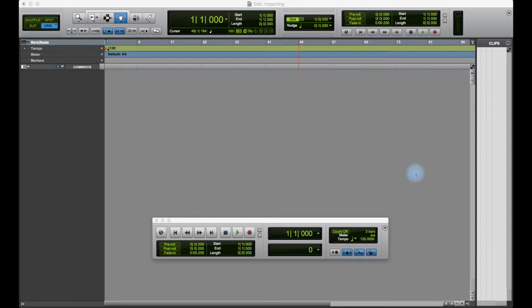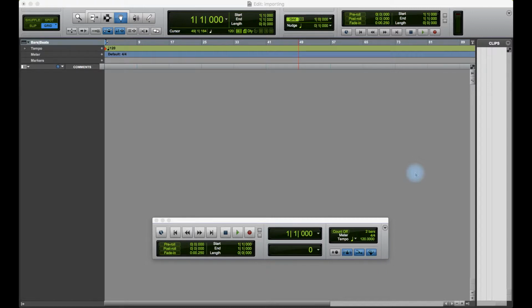The audio sample rate of an imported file must match the session to play back correctly, and the bit depth and sample rate can be converted on import. Audio file formats: the native audio file formats that Pro Tools supports are AIFF, which is audio interchange file format, and WAV, which is waveform audio file format. Other formats Pro Tools can import are Sound Designer 2, SD2, Audio Interchange File Compressed, AIFC, MP3, and Windows